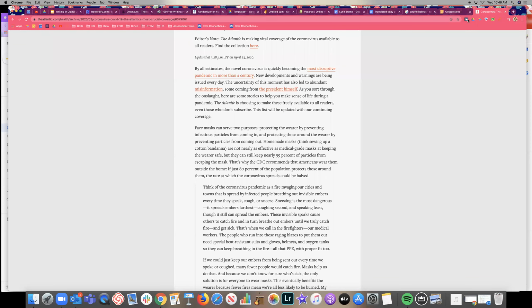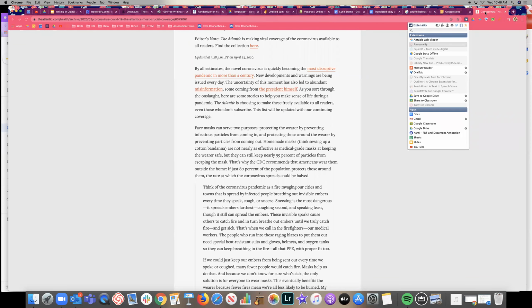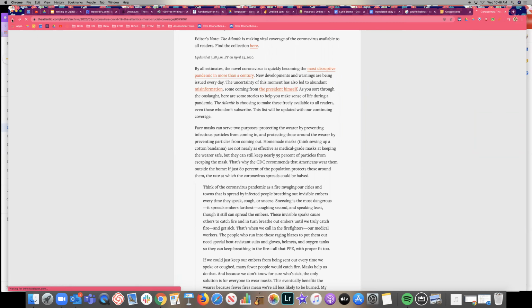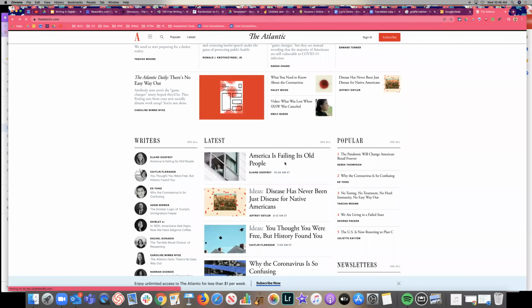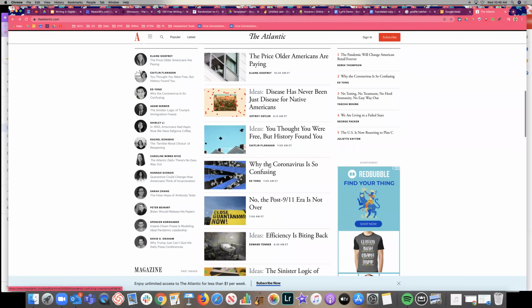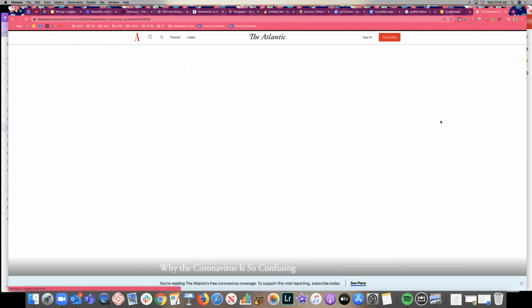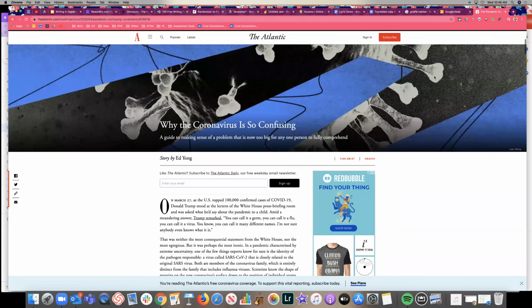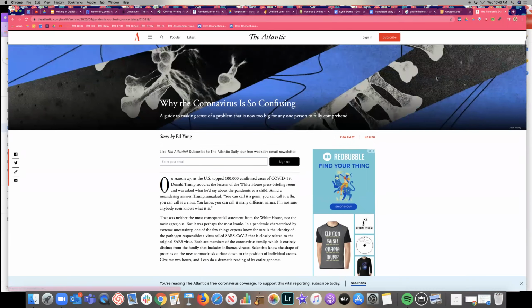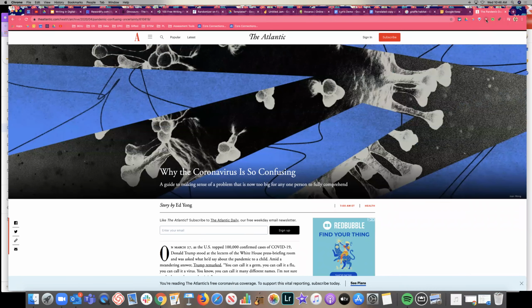And there's another tool called Announceify that, let me go back to the actual article. Oh, man. Why the coronavirus is so confusing. Yes, please tell me that. So this has a big section header, but let me see here how this will work. So Announceify